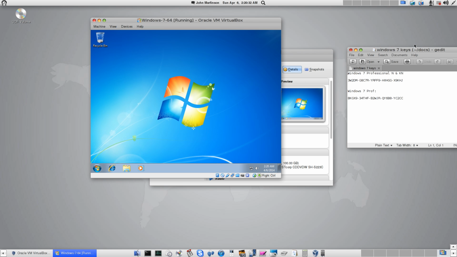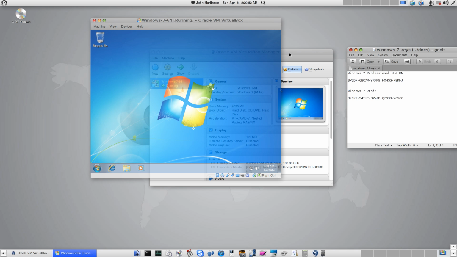Okay, I'm back, and I have finished installing Windows 7. I think it was about 3 or 4 reboots. Entered the keys, cup of coffee, and so now what we want to do first is, we've got our VirtualBox behind the